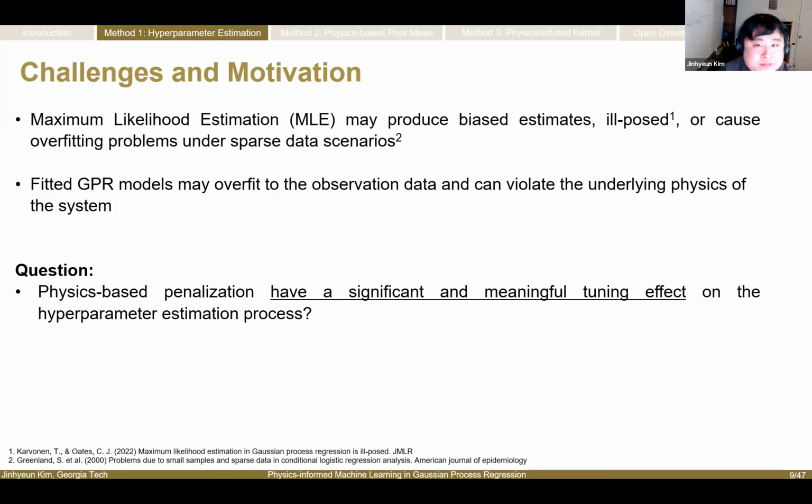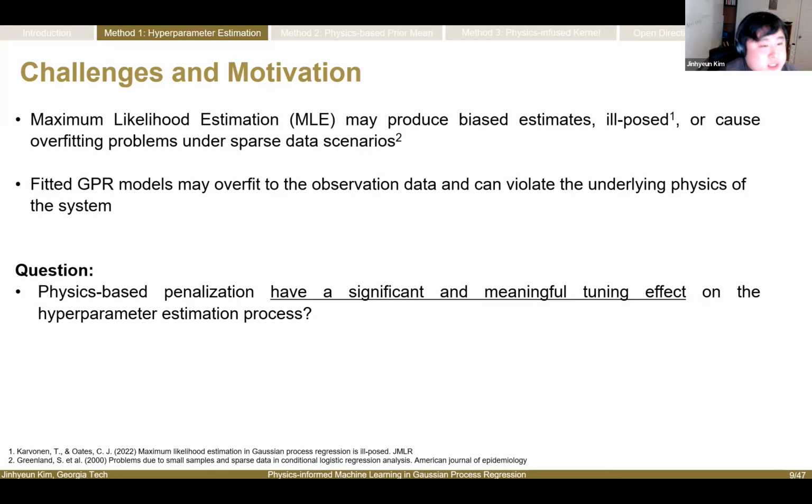Ill-posed means that this estimation process is very sensitive to small data perturbations, for example, large noise, or it causes overfitting problems. This fitted GPR model may overfit to the observation data and can violate the underlying physics of the system. So our question in this paper is, if we have additional physics-based knowledge as an equality constraint,